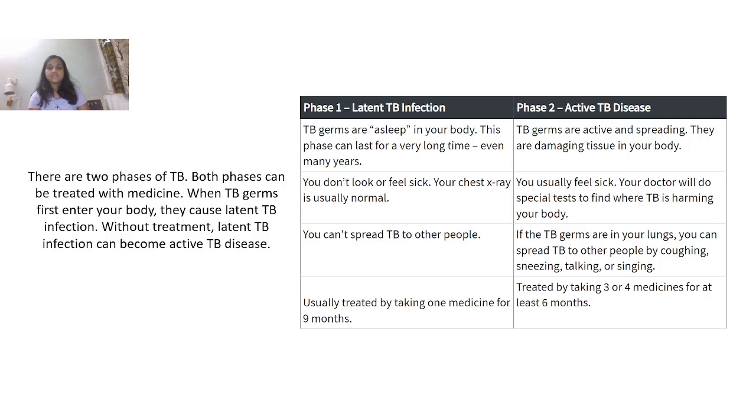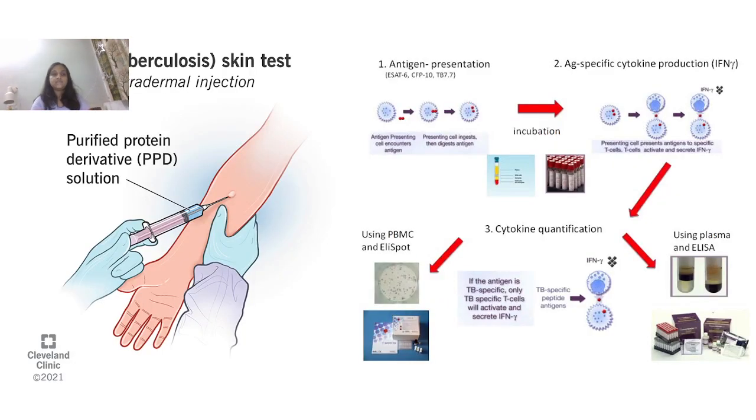So there are various ways through which the doctor can give you tests. For example, one is the tuberculosis skin test, or the Mantoux test, as we call it, where they will give a purified protein derivative, tuberculin protein, which they will inject in your system, and they will see whether there is any kind of